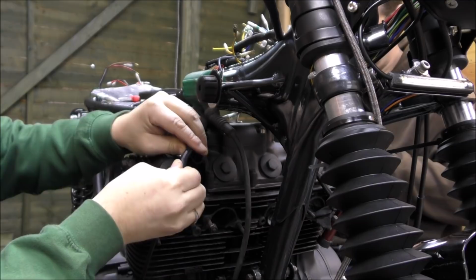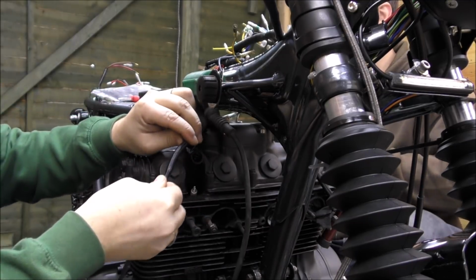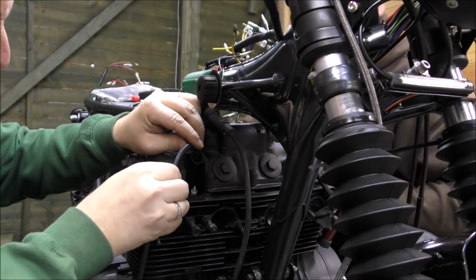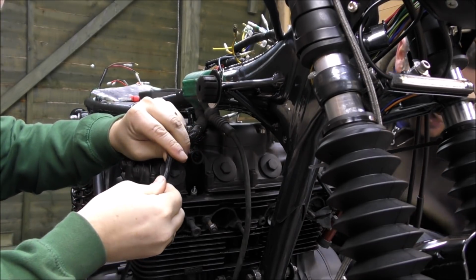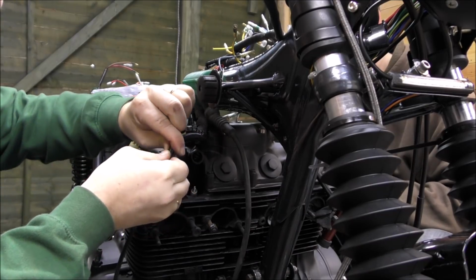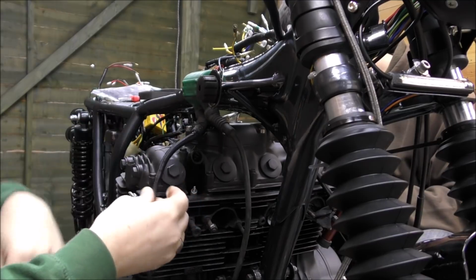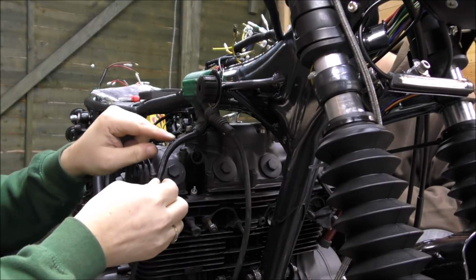I unfortunately couldn't work this out for myself, so Malcolm had to show me, because I was doing it the hard way, just going, where are they going? What's going on? Why isn't it all working for me? So Malcolm came up with a solution, and then you just wind it up like that. So there you go, it's at the top. How simple is that? Now it just goes to show that all my